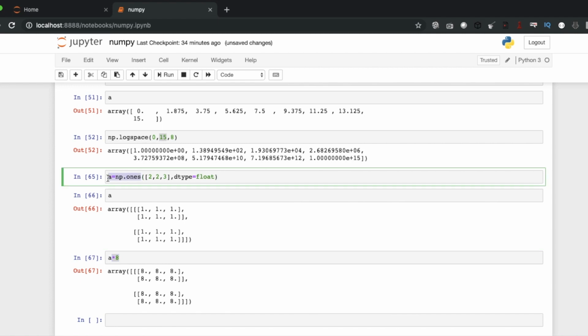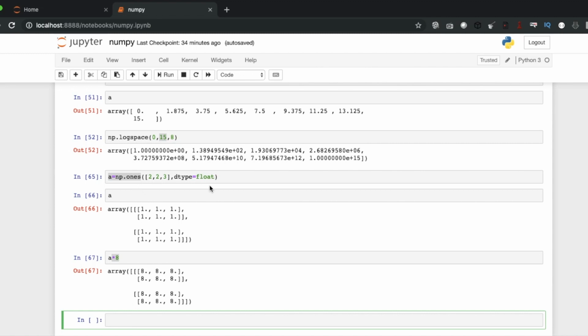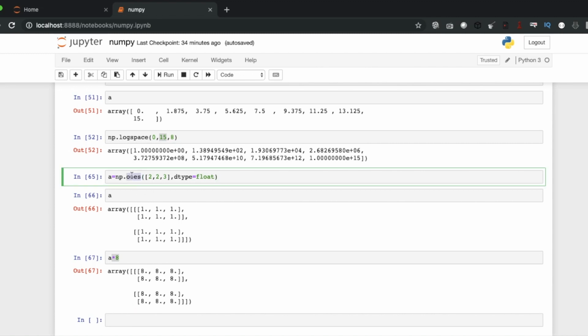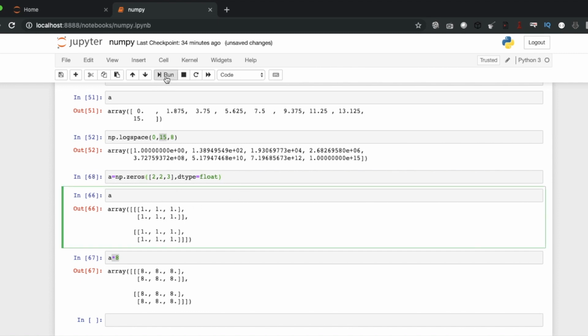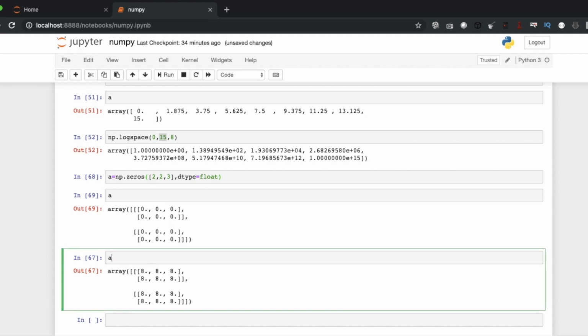So there are two important things, ones and zeros. Like I just showed something with zeros as well, like this, right? All right, so let me just make it like this.